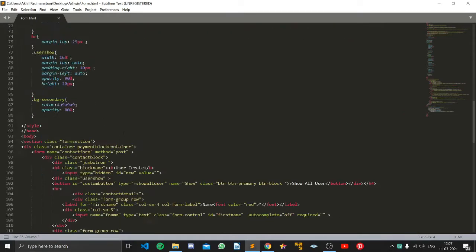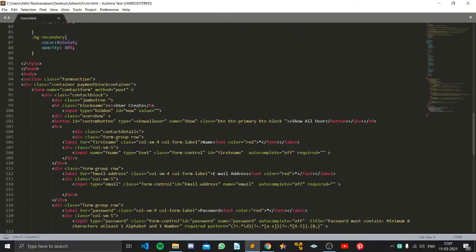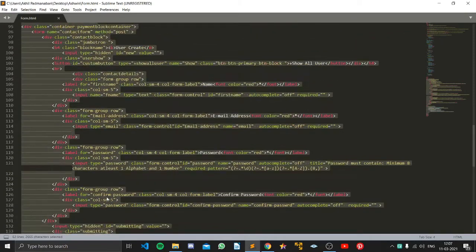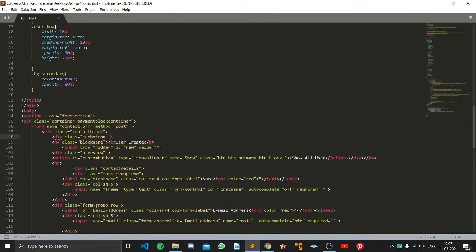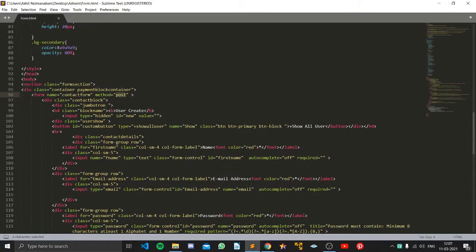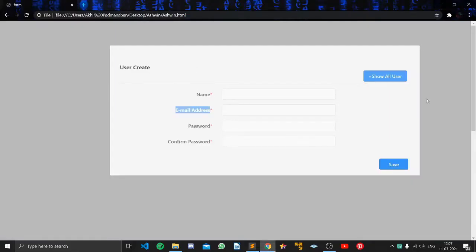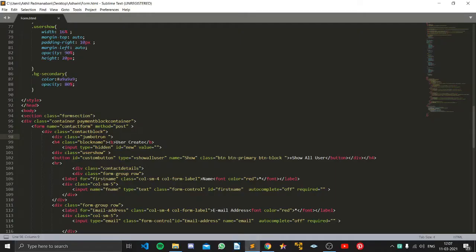So before this, let's go to the main part, the body section. I have created a form section. This whole thing is a form section till this section ends. So here I have a container block. You can give any name for the block for this division. Now the contact form, the method will be post. Then here the division class is equal to jumbo row. First we will take this jumbo row part. I have used that to get this whole form inside a box. So that's why I have used this.